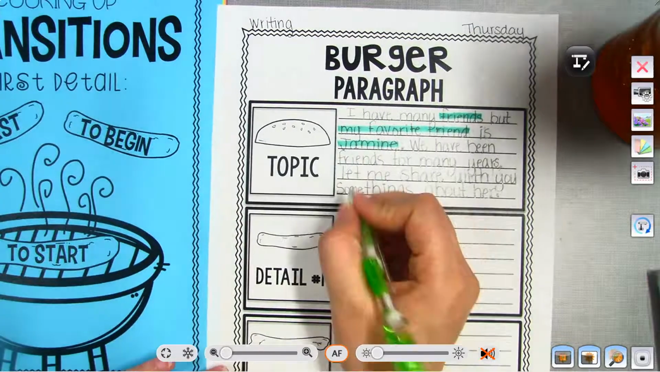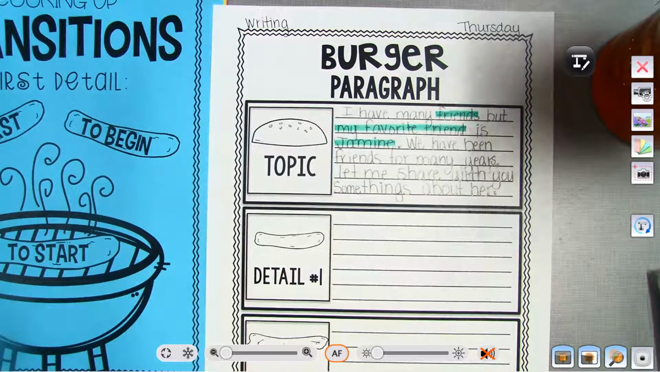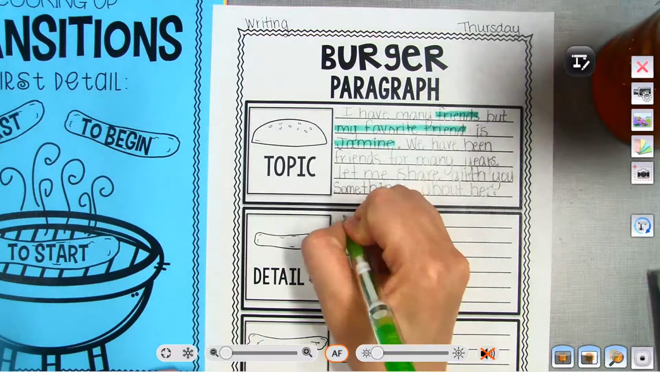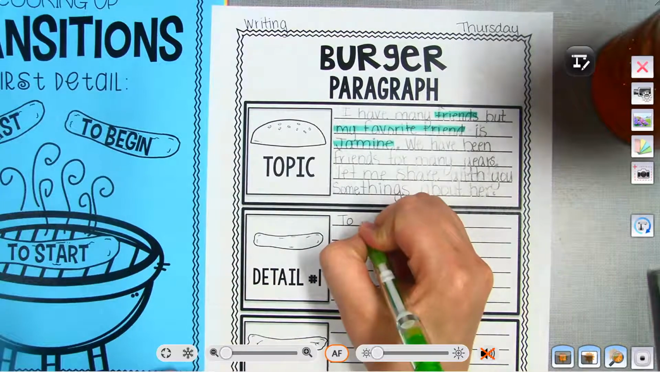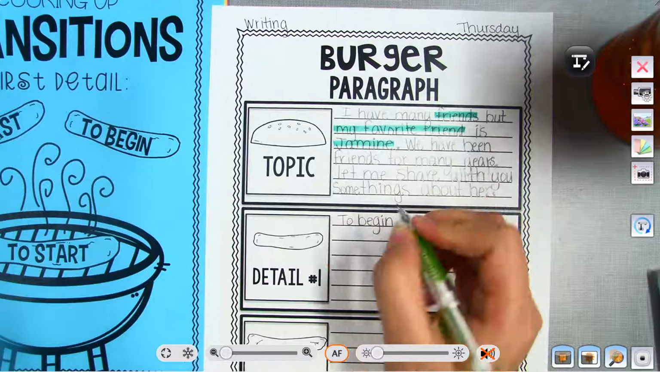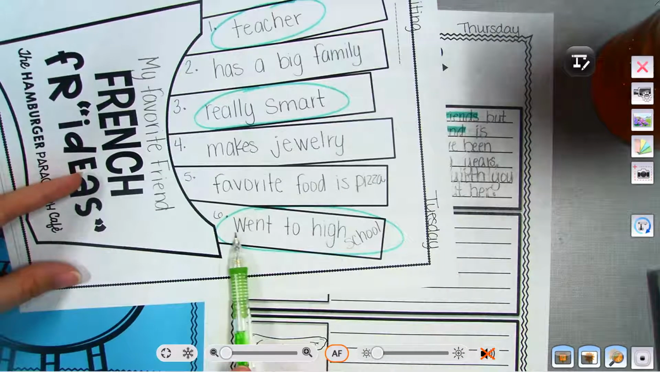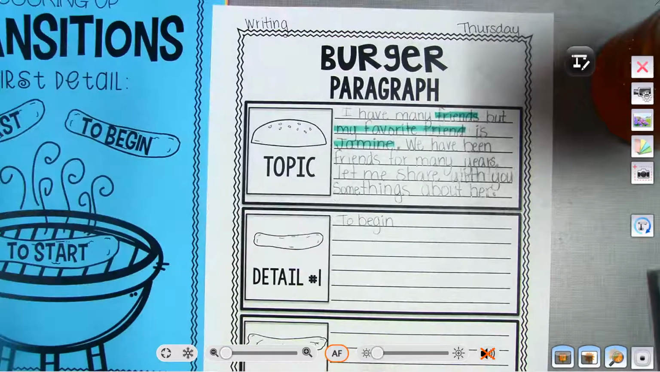So I'm going to write, the first thing I'm going to write, I'm on detail 1. And remember, you're not writing when I'm writing because you're going to write in a minute. So you're just watching. So I'm going to put to begin. And I'm going to pick my first fact to write. That me and my friend went to high school together. To begin,